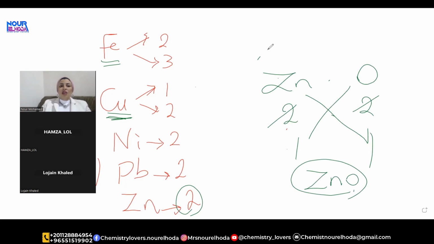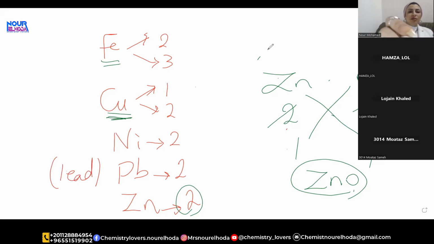It's easy. The last part that we are going again to check on how to write the formulas is some elements, not elements, but some